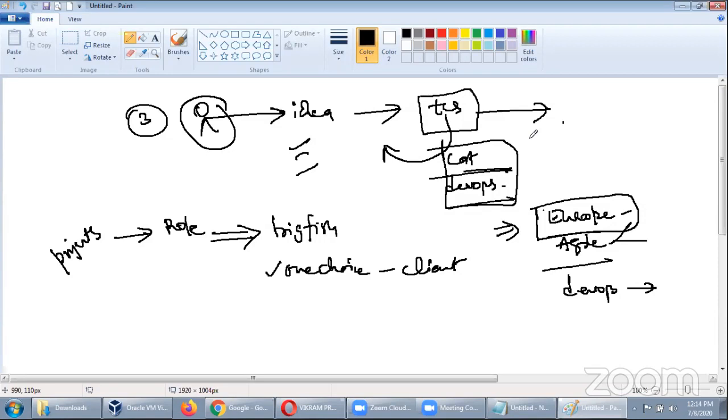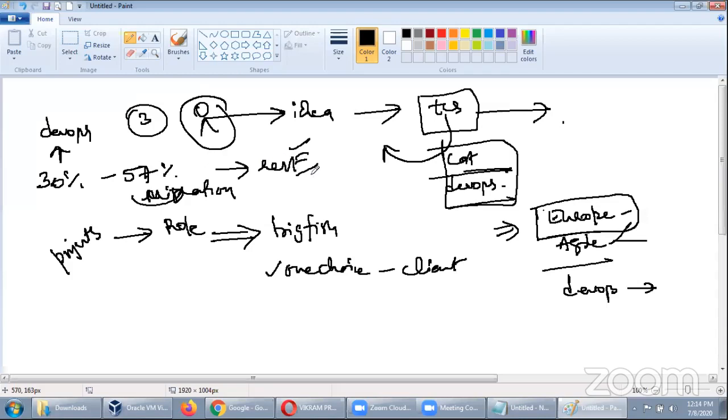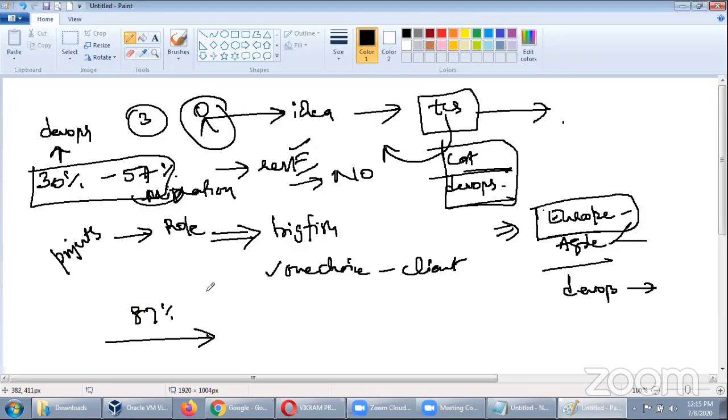Getting? So DevOps can do you better. Now if you go with a market study, according to NASSCOM, currently 30% of the projects in the IT industry are operating in DevOps, and roughly 57% of the projects are on migration. You know the meaning of migration? They're ready for migration. And the rest don't have clarity, meaning they are happy with the current model and said no. So if you take this, almost 87% will be DevOps for the next 10 or 12 years.